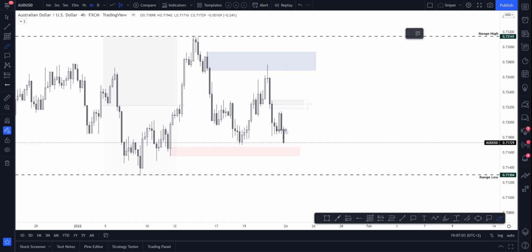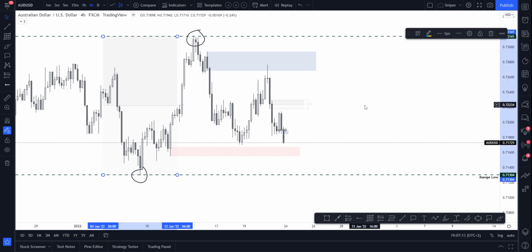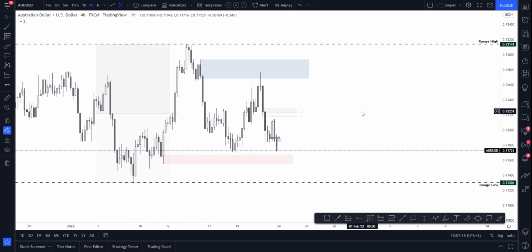I've basically just marked the range high and the range low. So this is the current range that we are trading within. And I don't know if you can see, but I have the premium discount marked out here so that we can know where we are in this range according to premium and discount. So we can see that we are currently in discount. We've moved from a premium price down to a discounted price. We beautifully respected off this level of supply and saw the reaction towards the downside